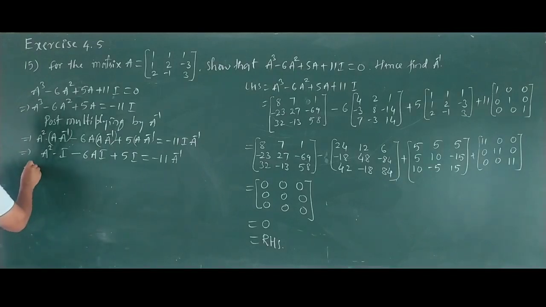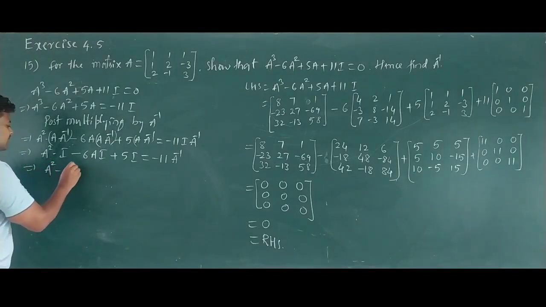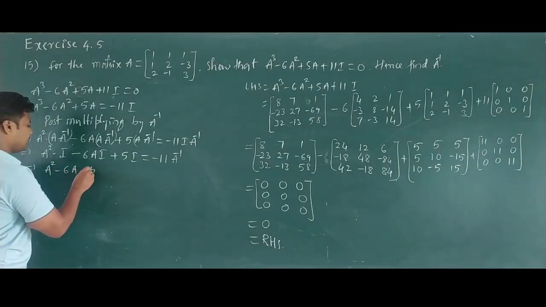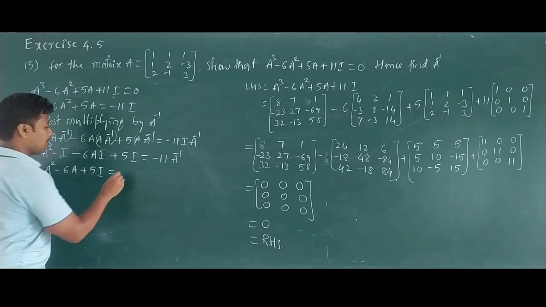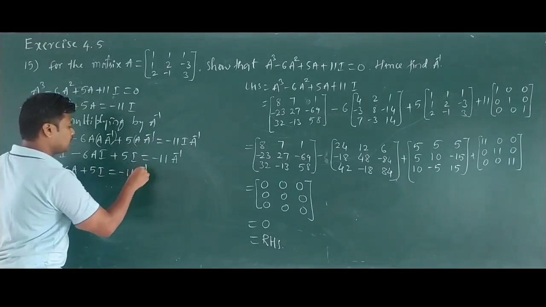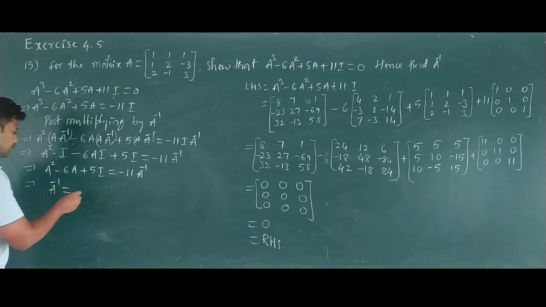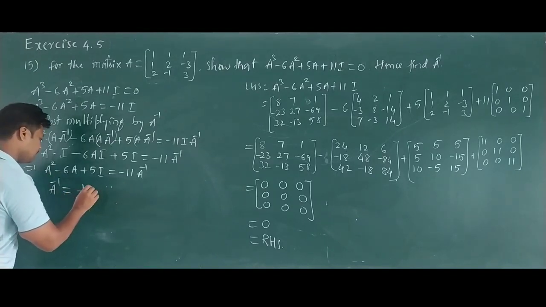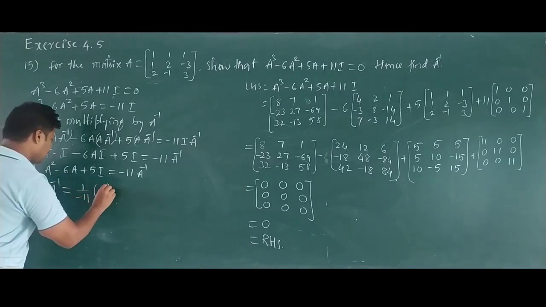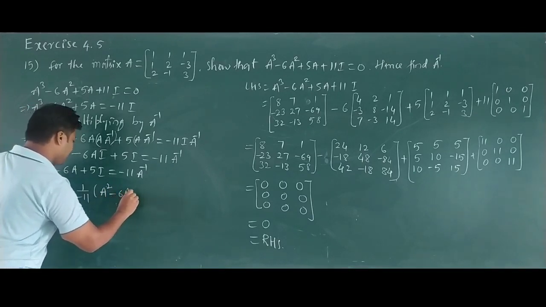So this implies A square minus 6A plus 5I equals minus 11 A inverse. Then we get A inverse equals 1 by minus 11 into A square minus 6A plus